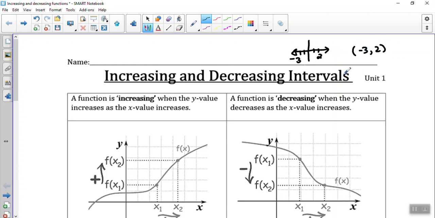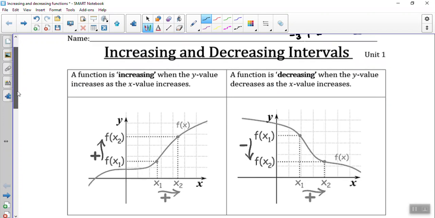So remember, when we're writing interval notation, we just give the first number and the last number of the interval that we're interested in, okay? And also remember, for an interval, we either use an open bracket or sometimes a closed bracket if we're including it, and that depends on the problem. Okay, so that's just a quick review on intervals. We did a full lesson on it a few days ago. So if you have any questions about that, just look over that lesson,